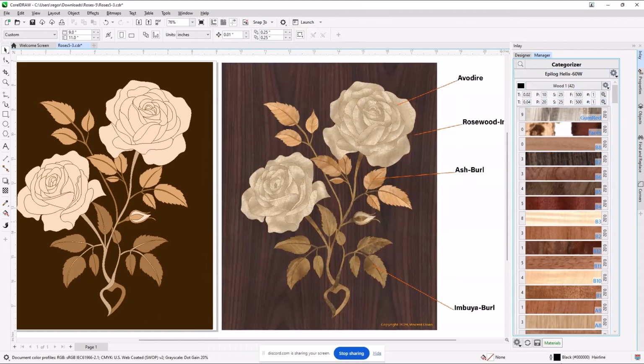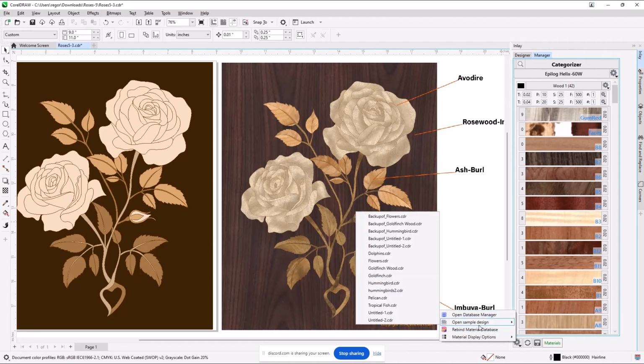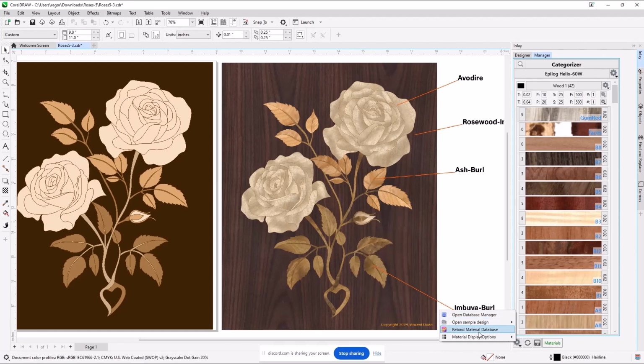While we're here, I wanted to also show the default information. Under this gear key at the bottom is access to where the files will go, where the sample designs reside. You can reattach the material database to an object. If say you do two different designs and you have two different libraries, and you have to go bring one of them back, you can rebind it there. This is the one that's of use here. I have, under material display options, display the series name. So if you look over here, now I have no idea what they are. Okay, so those defaults I recommend is to at least have the display names.